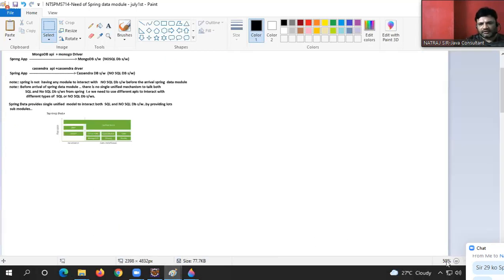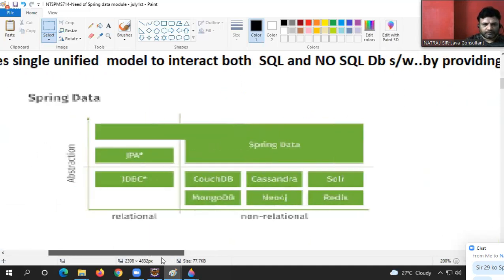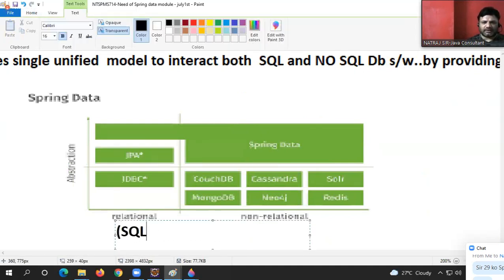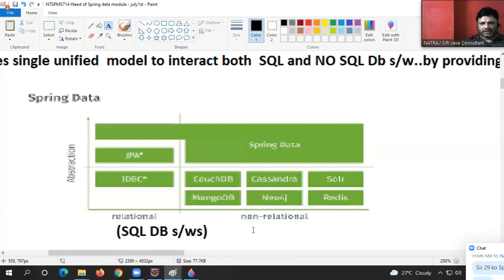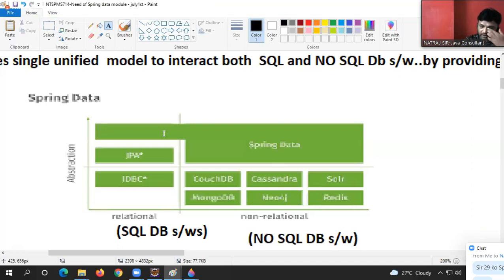Okay, now listen. Relational means what, guys? SQL database softwares. Non-relational means what, guys? NoSQL database softwares. Now you observe, Spring Data